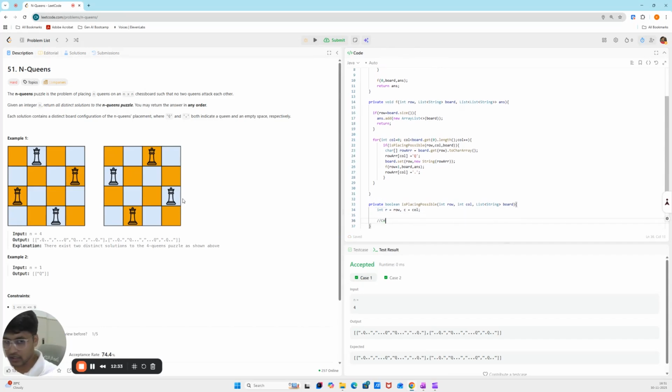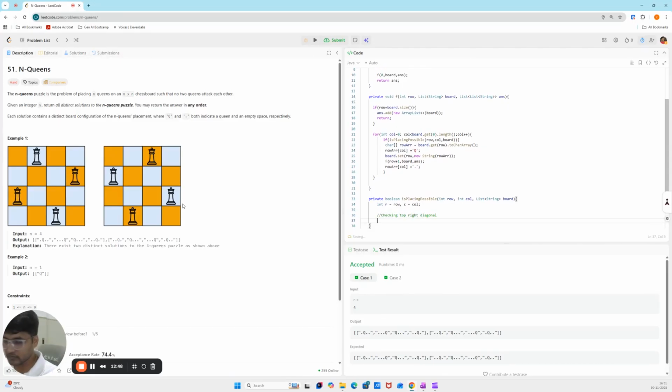And first we'll be checking the top right diagonal. So if I am in the third row and second column, I want to check whether in the top right there is any queen, because if there is a queen, then that will kill and I won't be able to place. So I'll be traversing diagonally until,